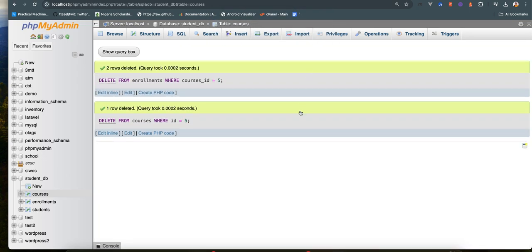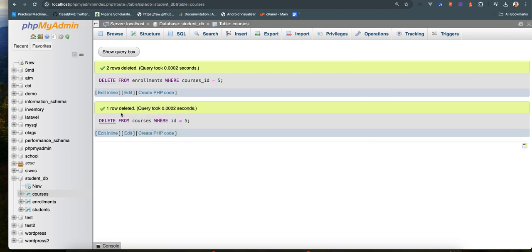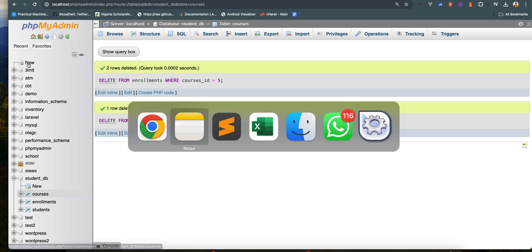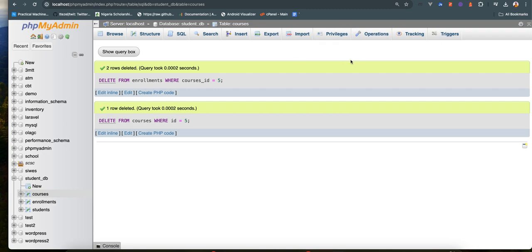So it works. Can you see? So it is saying, okay, fine. Nobody's taking the course, so we can delete the course. So you see that there are 2 enrollments, and then there is 1 course that has been deleted. Are we together? So that is how we delete courses that have already been linked using a foreign key. Are we together? So basically, looking at this now, I think we are done with this very assignment, right? Then if you can now go and write code that will implement this using PHP, Python,